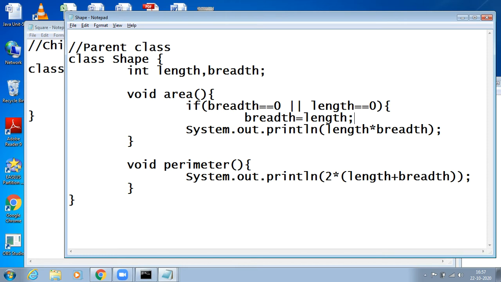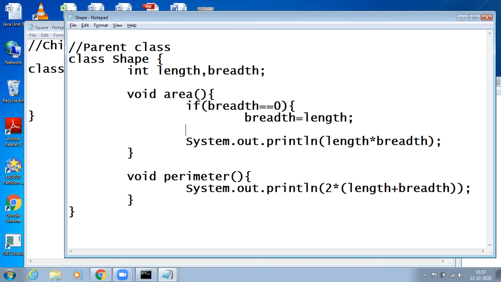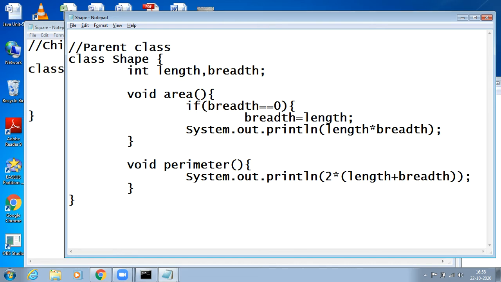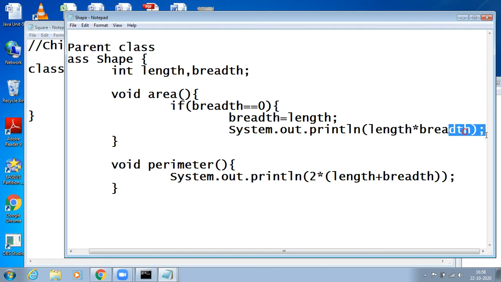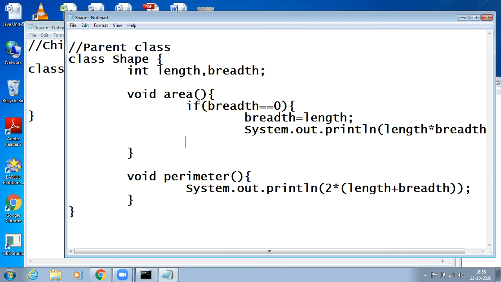Any one of the things, if it is done, say if breadth equals 0, I can say breadth equals length, right? Generally we create breadth equal to 0, right? We never give breadth for the square, only length is given. So breadth equals length, and now length into breadth will automatically generate the area of a square.